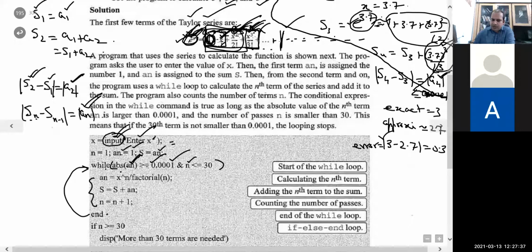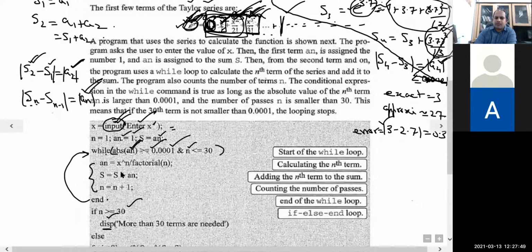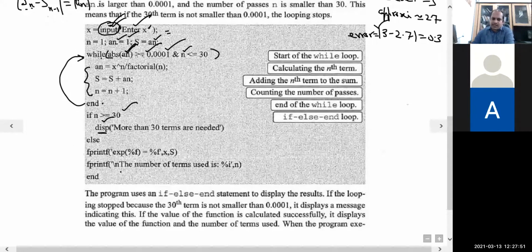Whatever is written in between the while-end loop will be skipped, and if n is greater than or equal to 30, if the number of terms is greater than or equal to 30, then by the display command we are displaying that more than 30 terms are needed. Else print exponential values. Here we have two values, x, the value at which we are calculating the series, and its total sum.